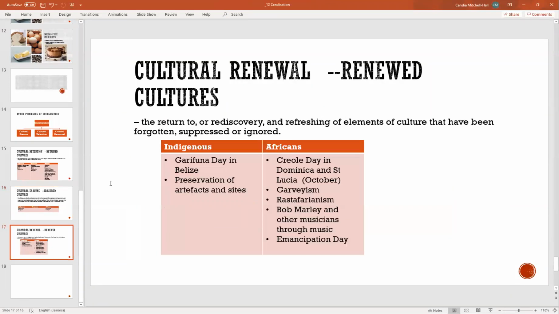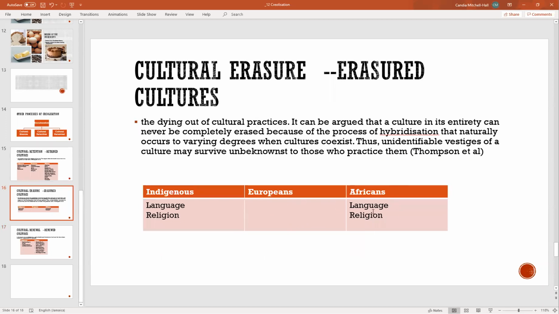And also, there are some cultures that are renewed. So while you recognize that some of the cultures have been erased, you're going to try to renew your culture. So for example, cultural renewal involves returning to, discovering, and refreshing your culture that has been forgotten, suppressed, or ignored. For example, on the slave plantation, some of our culture that was erased